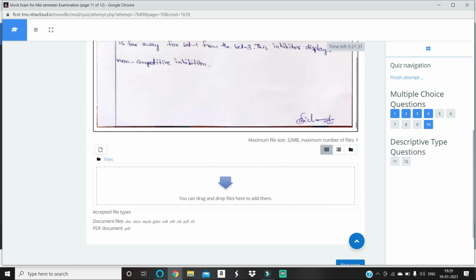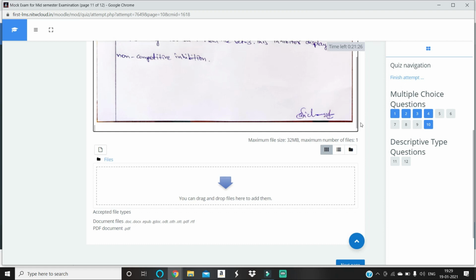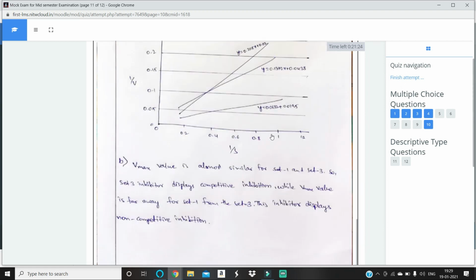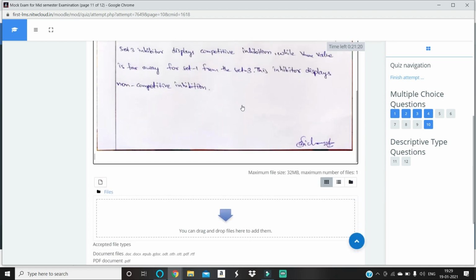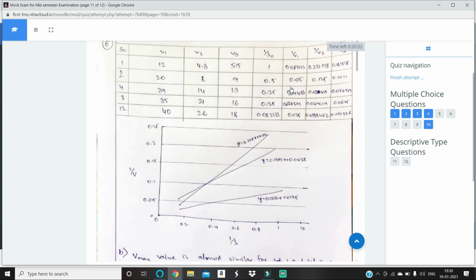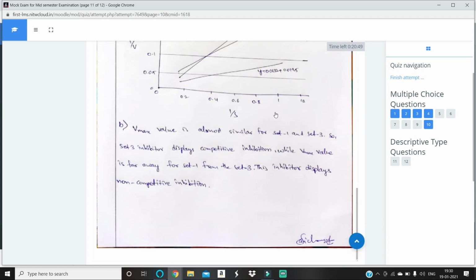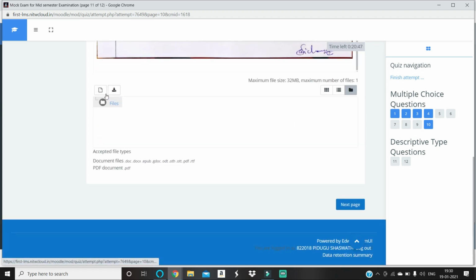So if you want to upload one more, you again click here at the end and click enter. So if you don't press enter, the second image will replace the first image. So that will be a problem for you. So this is about images. So now I explained about image, right? So how to upload image, everything is done. So if you want it in detail, go to that previous video.